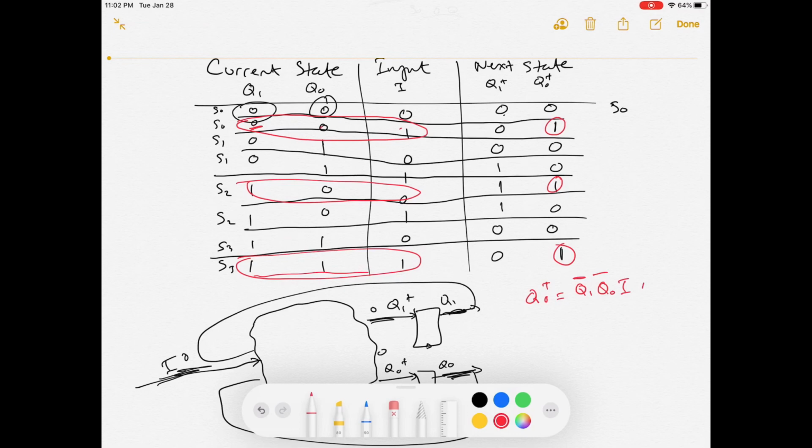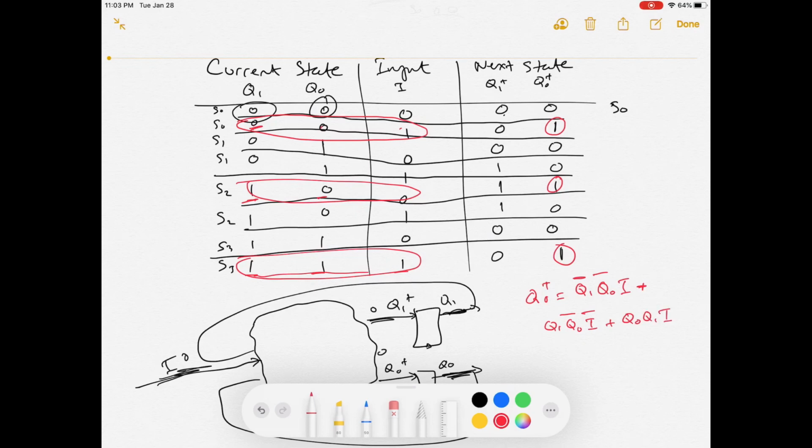Now the second one we represent with a plus because it's an OR. The second one, we want the Q1 to be here, so we want Q1, Q0 to be 0, so Q0 not, and the input to be 0, so input not, also plus. Now we want all 3, Q0, Q1,